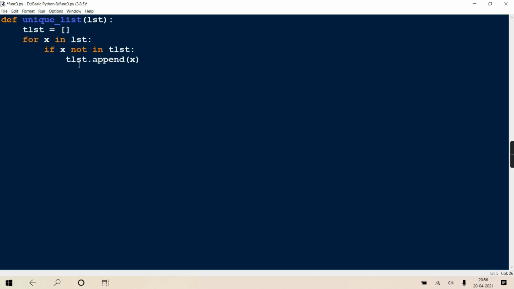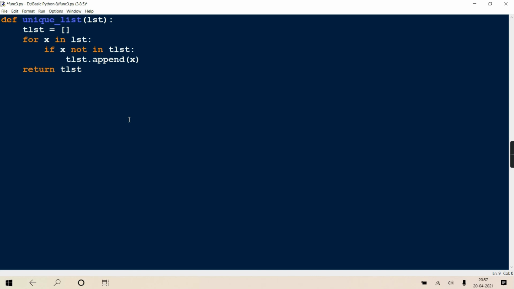So append is a method of list class and TLST is an object of list class. Clear? LST is also an object of list class only. So append is a method of that list class and you are passing x. So it will add it. Is your TLST growing one by one? And at the end you return your TLST.